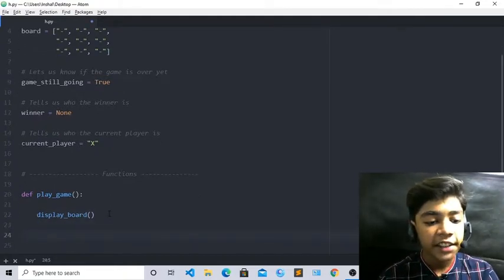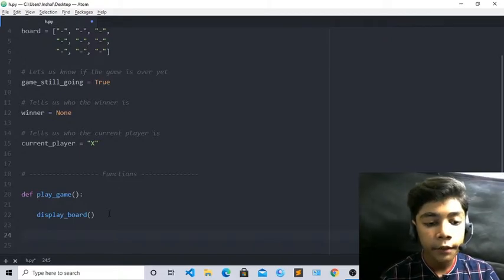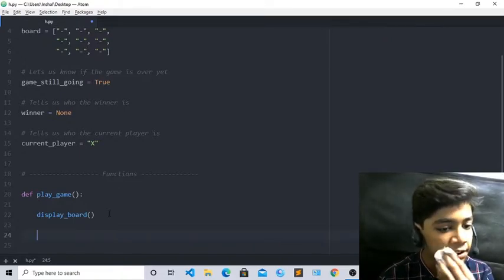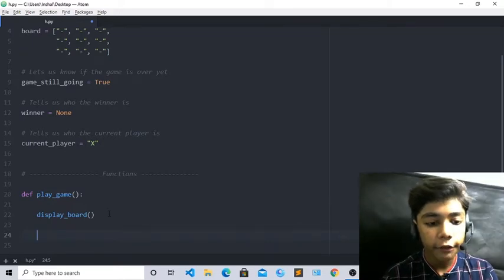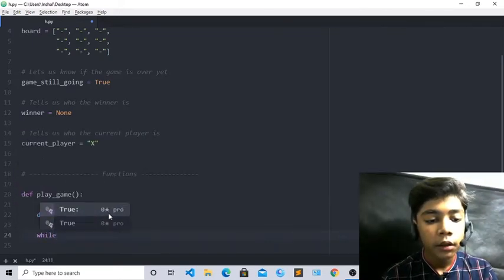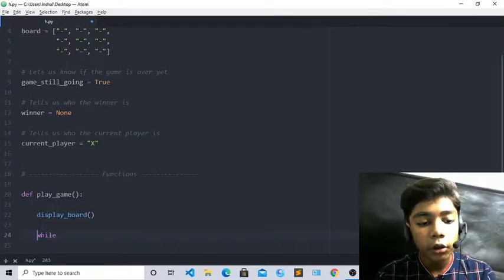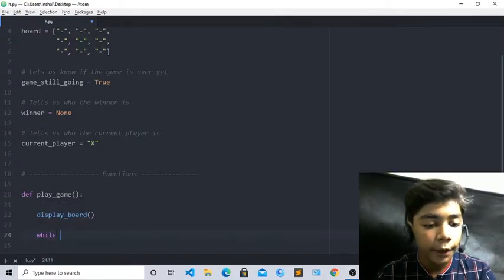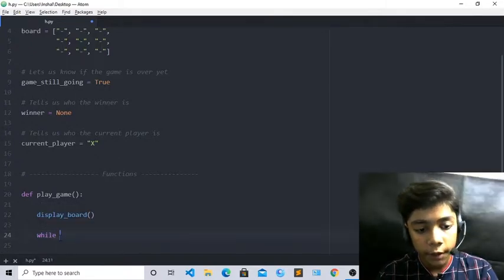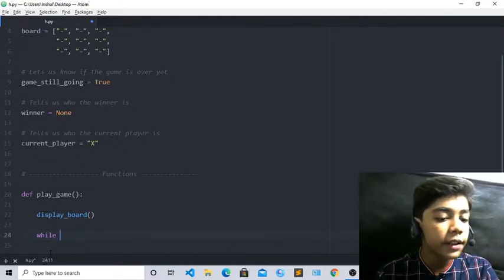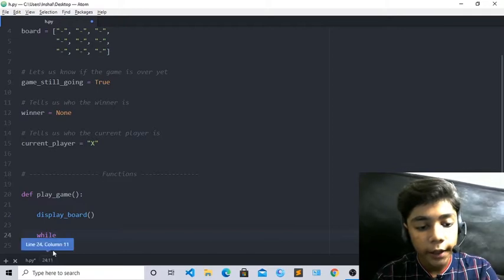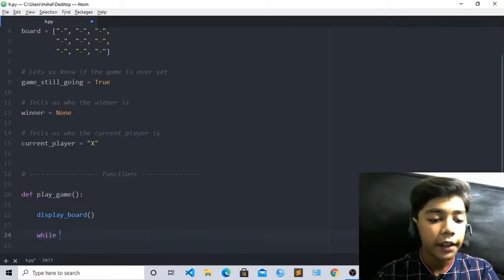Now just enter here. When we have defined display board, underneath this display board we have to define a really important thing here, like while, okay. I hope you all remember this while tag, because we have worked with it many times in our classes, when we were working with while loops and when we were working with nested loops. I hope you all remember this while tag there, okay.